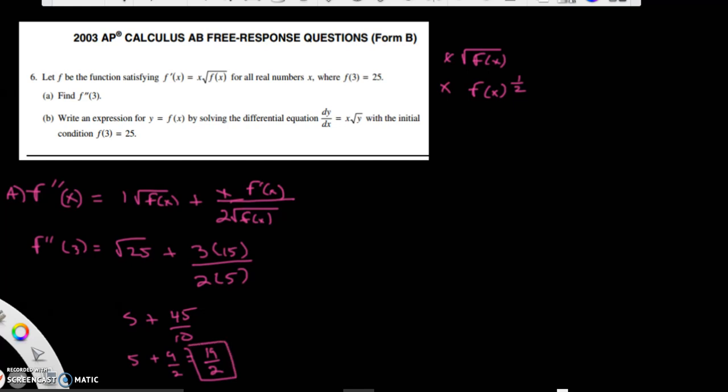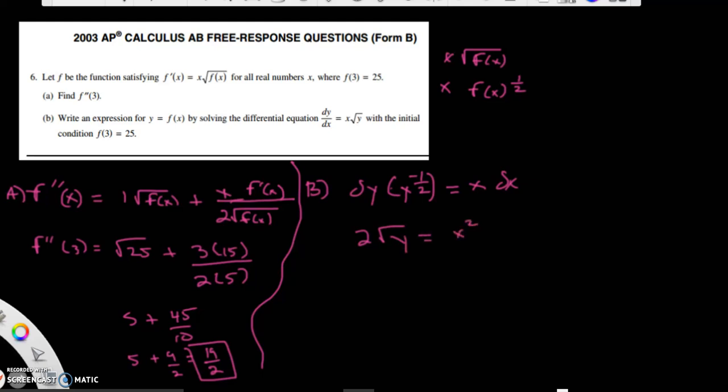Okay, so part B. Write an expression for y equals f of x by solving the differential equation dy over dx equals x root y with the initial condition f of 3 equals 25. So we're going to have to separate the variables. So dy, let me put this over here, y to the negative 1/2 when you move it, equals x dx. So we're going to have to add 1, we're going to get 1/2, so we're going to get 2 root y